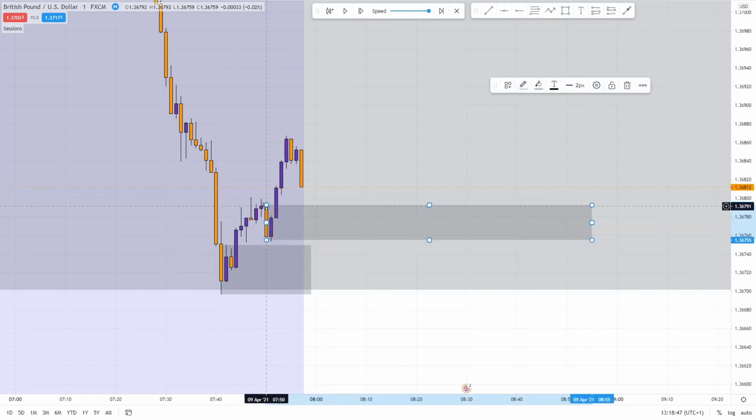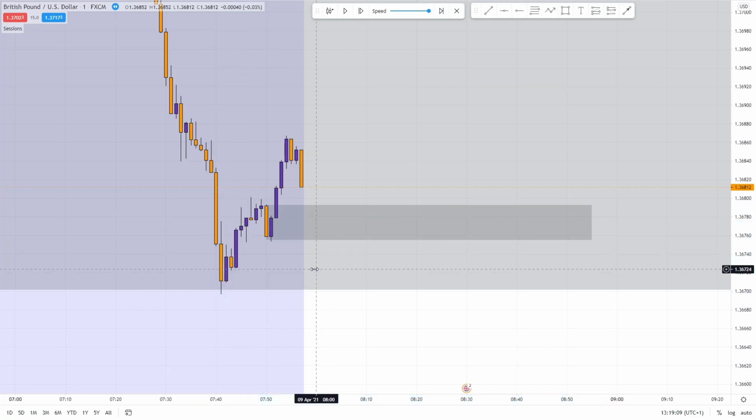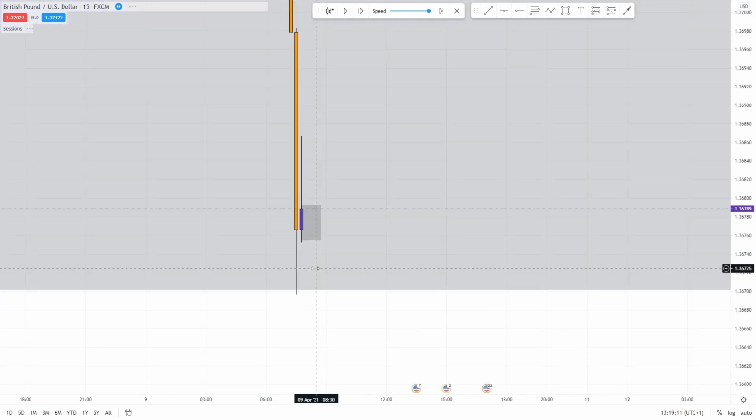As I said, we had a move down that absorbed liquidity beneath these lows here, and then we had an impulsive bullish move to the upside that broke lower time frame structure. I was mainly looking at this order block here for my entries. And the reason why I was more interested in this order block is because whilst these are valid order block candles, you know, we had a very strong move to the upside, they are in reality,